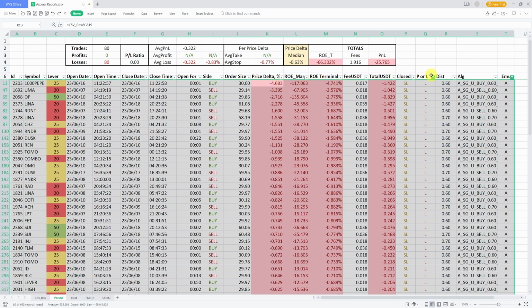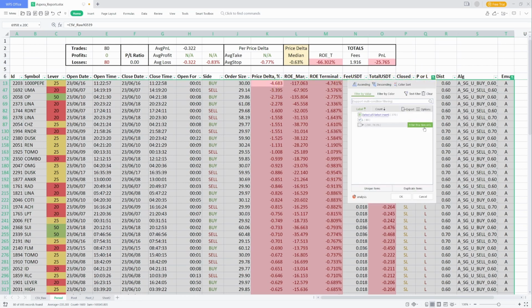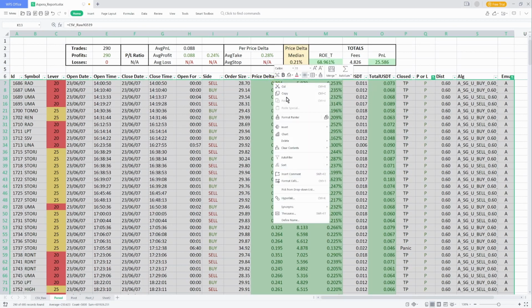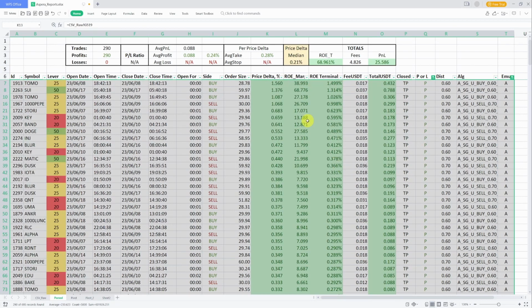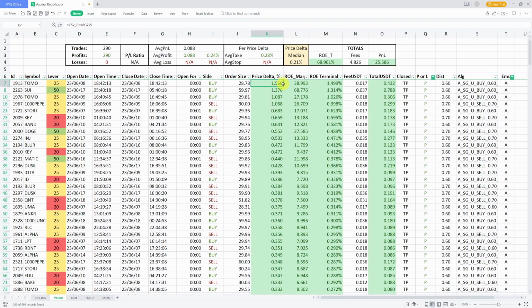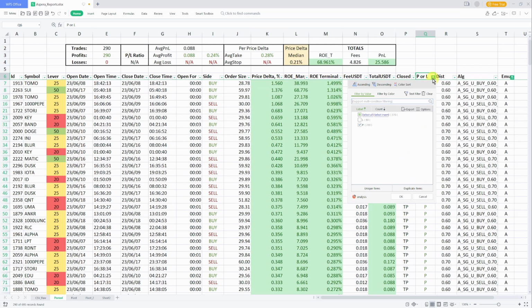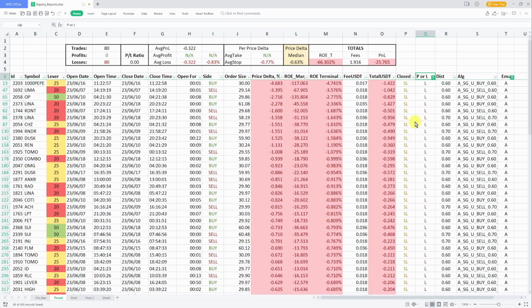If we were to flip this around and look at the greatest takes, let's see what that shows us. Here, the greatest take, the greatest price delta was 1.5%. That's not nearly as huge as 4%, but I'll take it, pun intended. Alright, let's go back to losses, and I will explain the last part on top, which is this, price delta